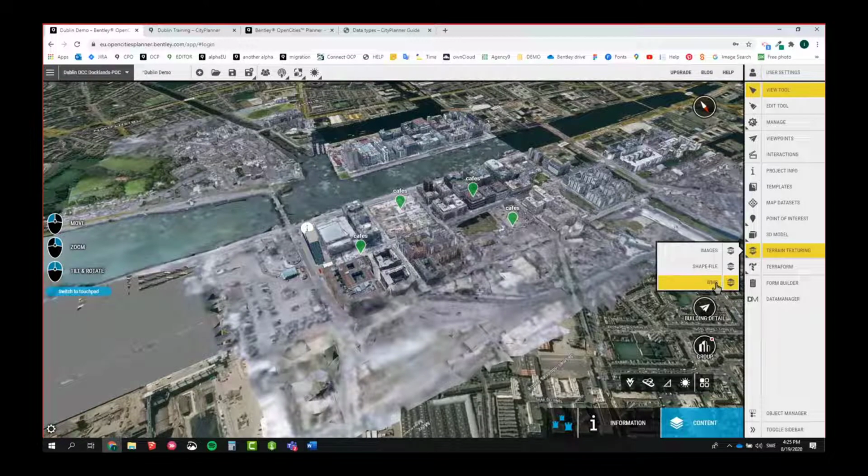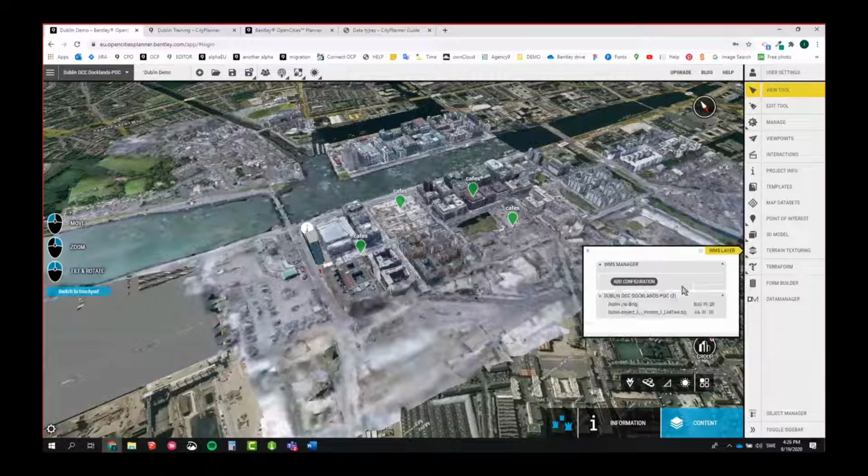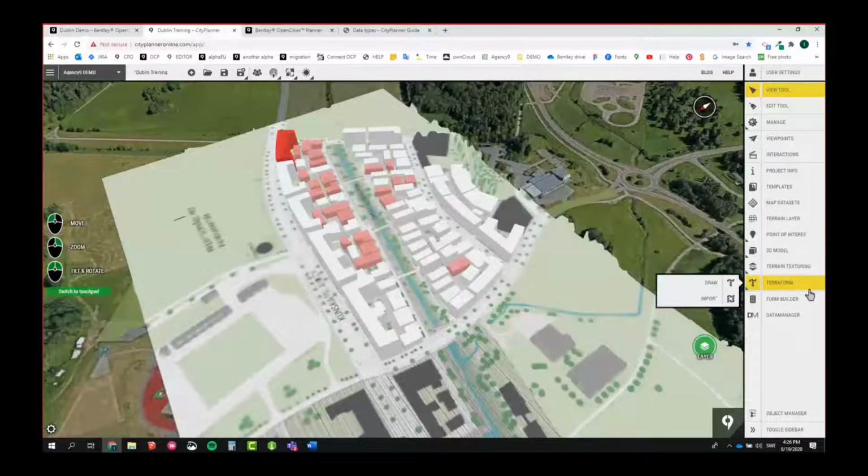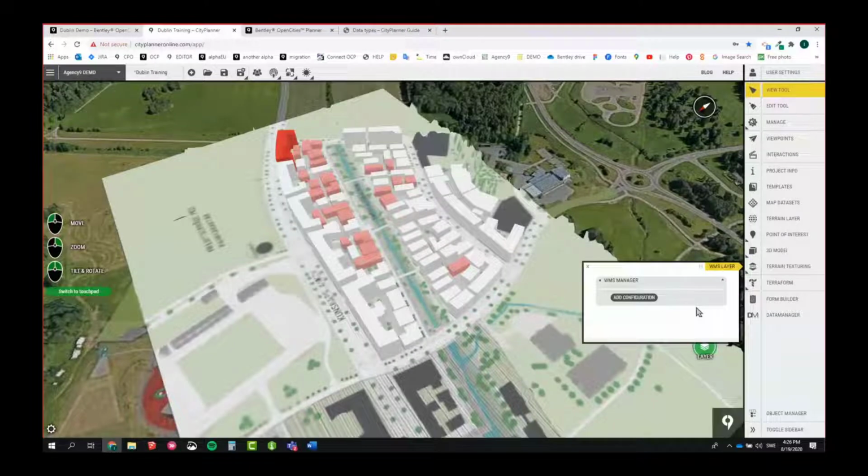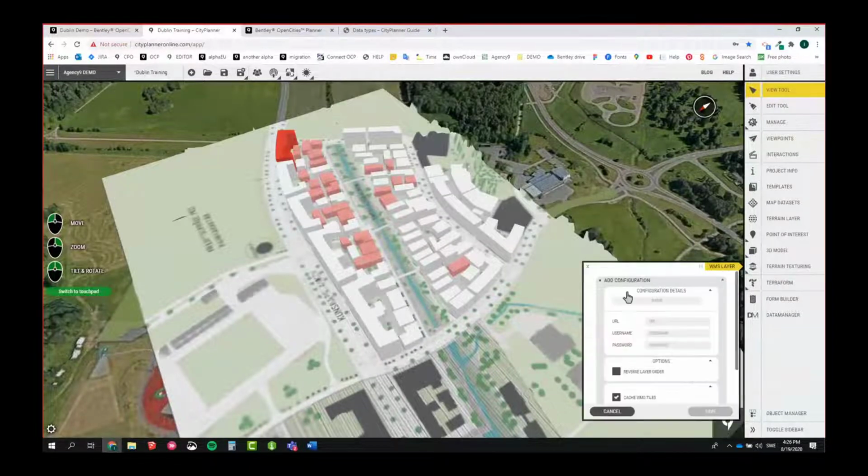I understand it's like a live link into a GIS. Am I right in saying that? Like a web mapping service? Yeah, exactly. Unfortunately, I don't have a link. Maybe there is something already pre-configured here. I don't have a link to show you how the work would look like, but